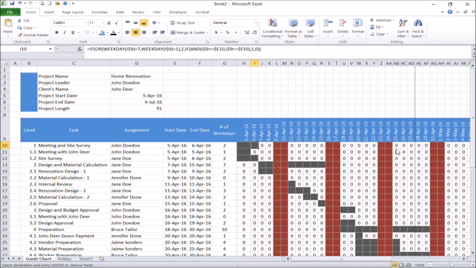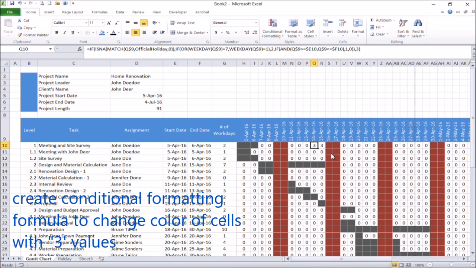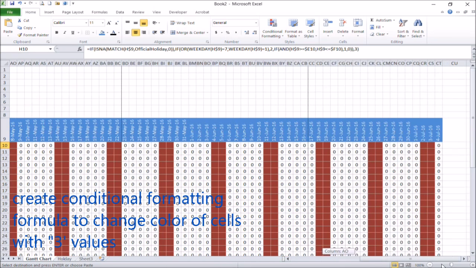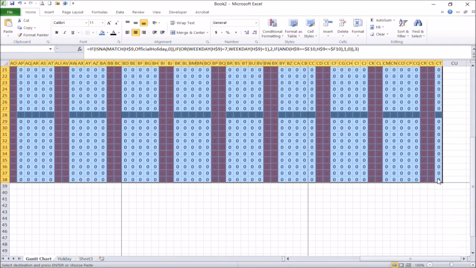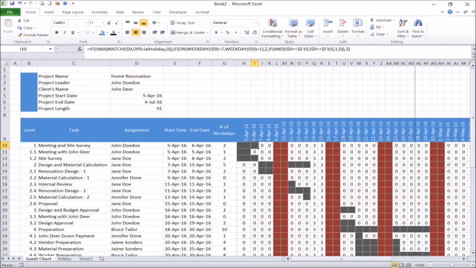After completing modifying the formula, you can start to create a conditional formatting formula again to change the color of the cell if the value in the cell is 3.